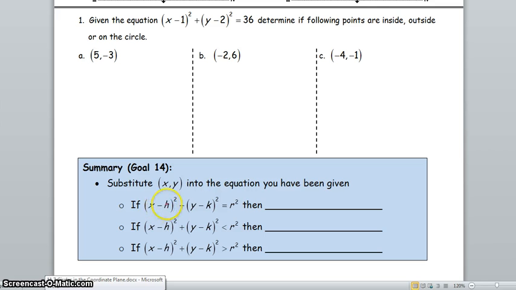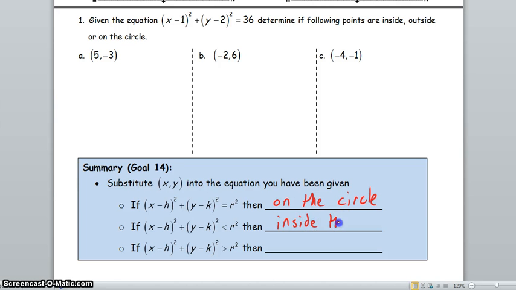If x minus h squared plus y minus k squared equals r squared, so if we get an equation that winds up being exactly true, when we substitute in our values of x and y, the center of our circle, or the x or y that is new, then if it's equal, that point is on the circle. If we substitute in and we find that the value we get is less than the radius squared, if it's less than, it is